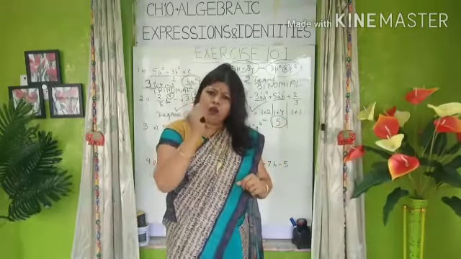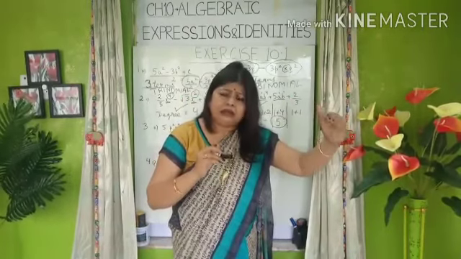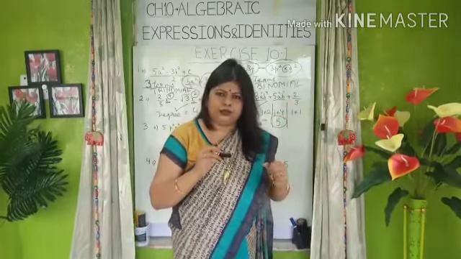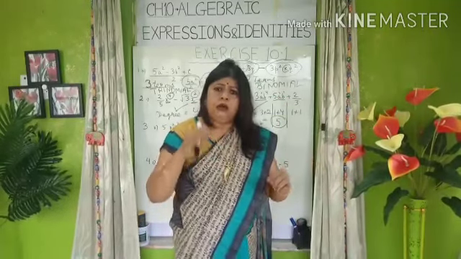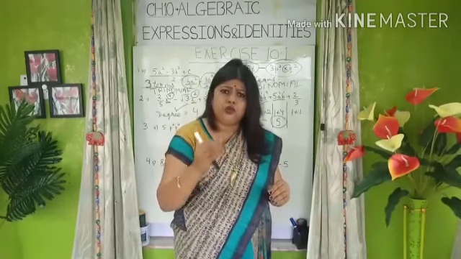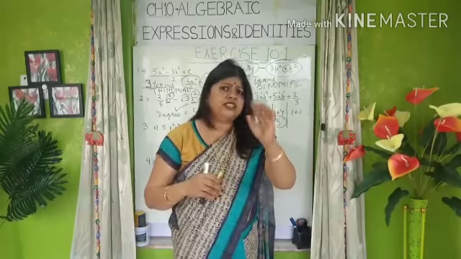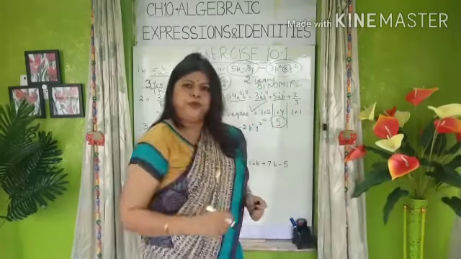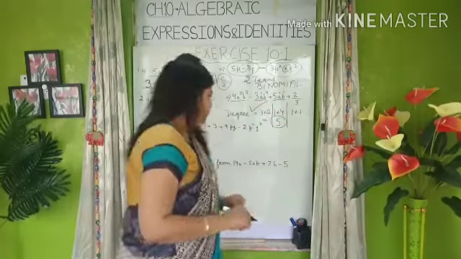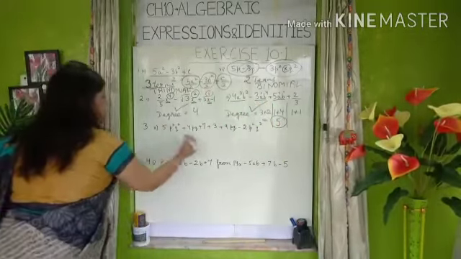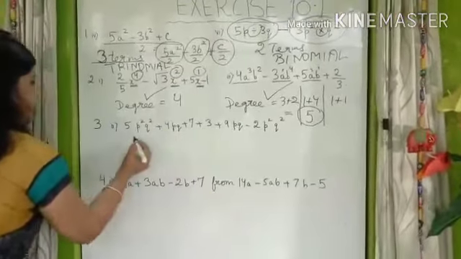Okay? I always tell my students that the column method is a much better method than horizontal. If you are solving by the horizontal method, no problem. But students prefer to solve through the column method, particularly when it is subtraction. So let us do one addition and one subtraction. See here, question number 3, 2. I have already arranged the question.